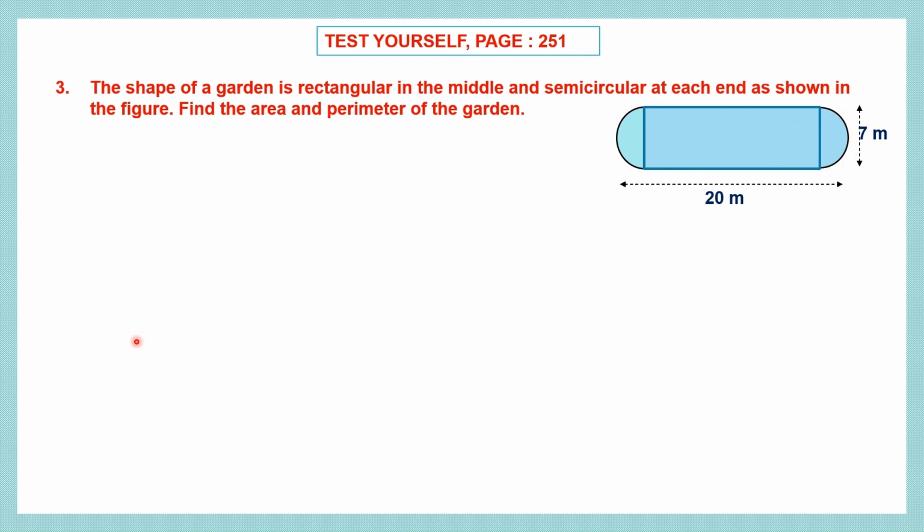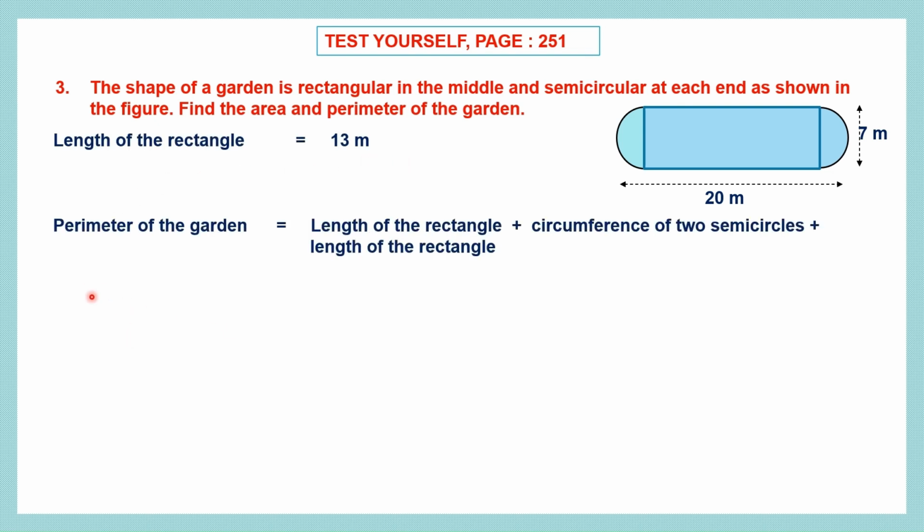So that means the length of the rectangle we found out to be 13 meters. Now the perimeter of the rectangle is length of the rectangle plus the circumference of two semicircles plus the length of the rectangle. So length of the rectangle is 13 meters. Now circumference of two semicircles, that means 2 into, now how do we find, what's the formula for circumference of